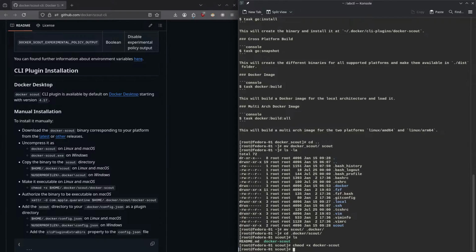Docker scout, authorized binary. Add the scout directory to your